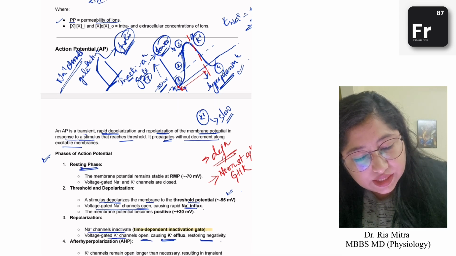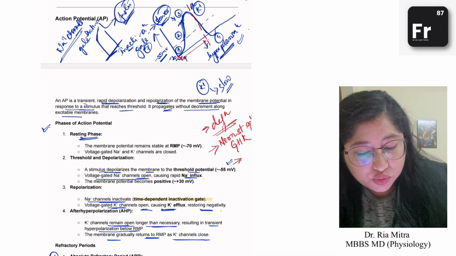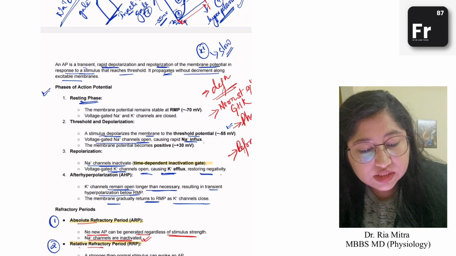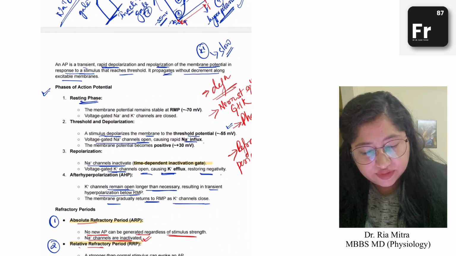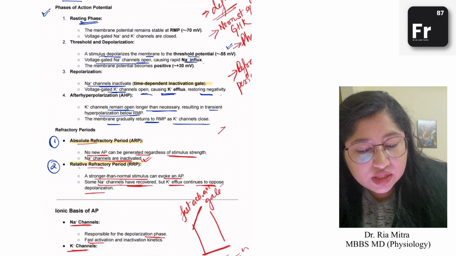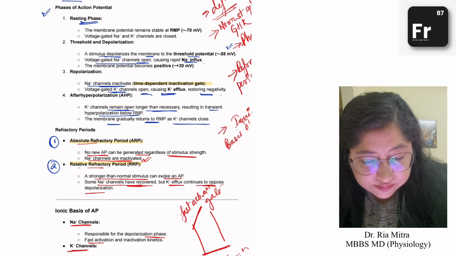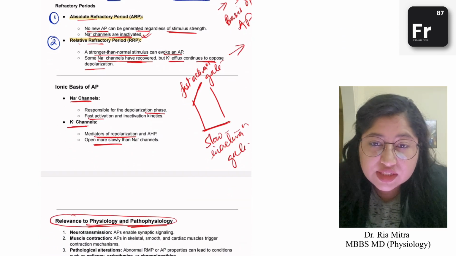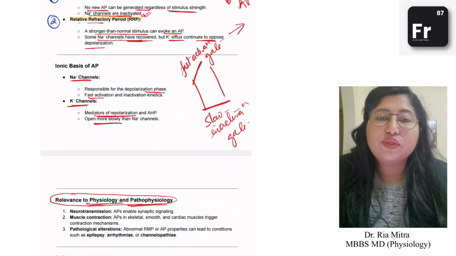Then you have to draw a graph for the action potential and describe the different phases of action potential, right? Then you have to discuss the refractory periods, the causes, and mark them on the graph as well. And you again have to discuss the ionic basis of the action potential. And finally, you have to end your answer with its importance, clinical significance, and its relevance in physiology or pathophysiology,